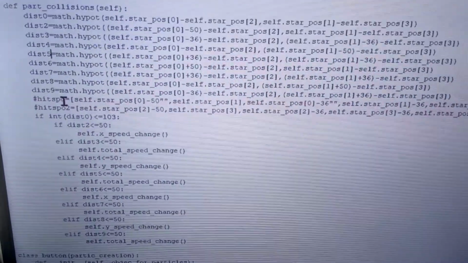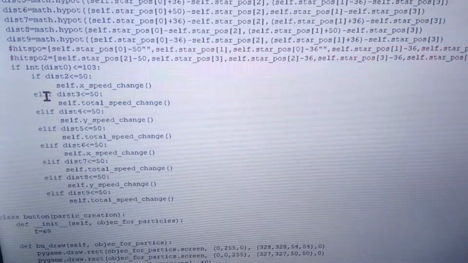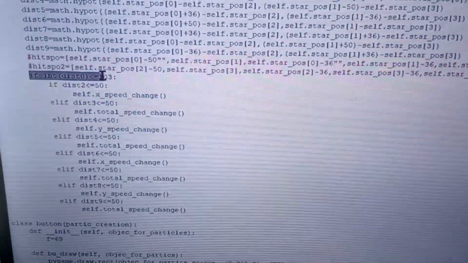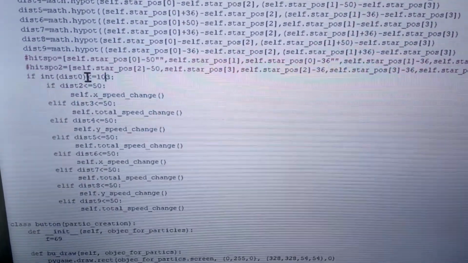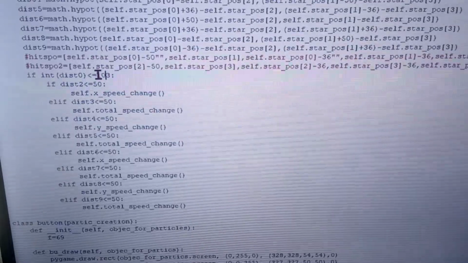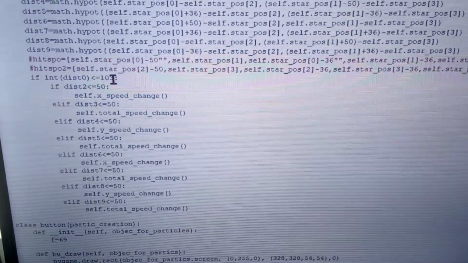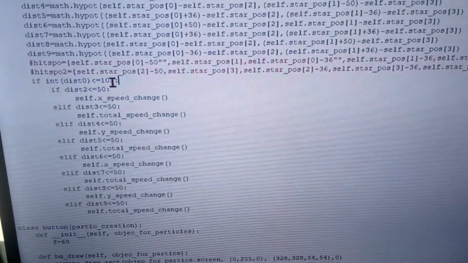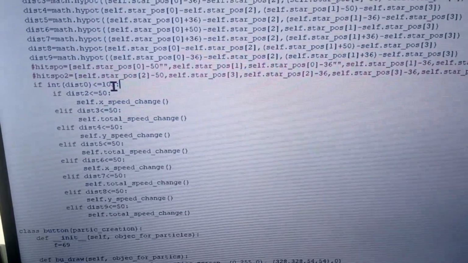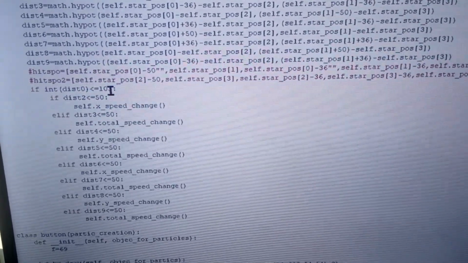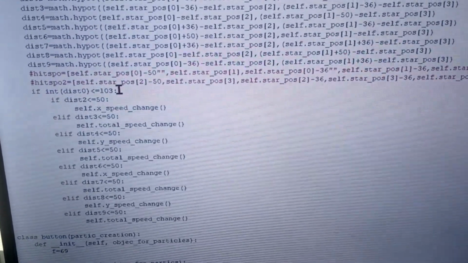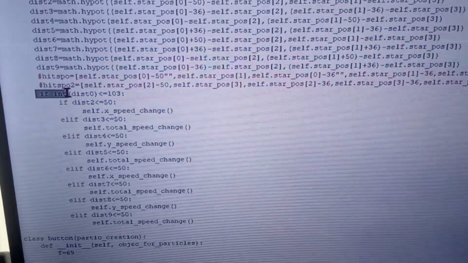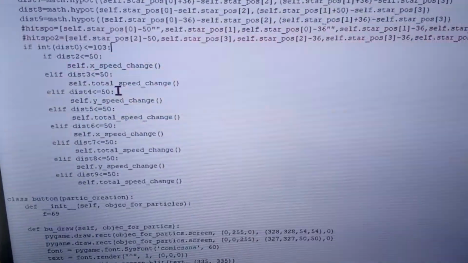give you the distance. I've done this for all the points, and I've named them all dist 2, 3, 4, 5, and so on. And the thing is, if dist 0, which is the absolute distance between the center of the circles, is less than 103, because 50 is the radius of the circles, so if the distance is less than 100, the circles should be touching, and I've added an extra 3 on because sometimes they don't move 1 pixel at a time. So basically, if the circles are touching at all,